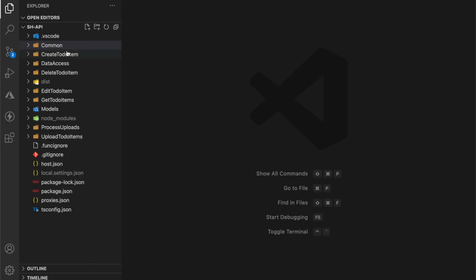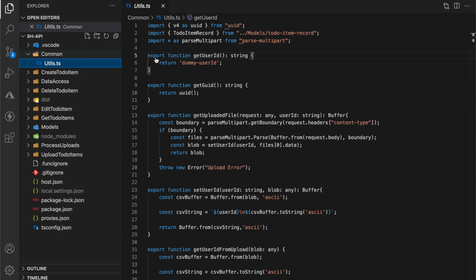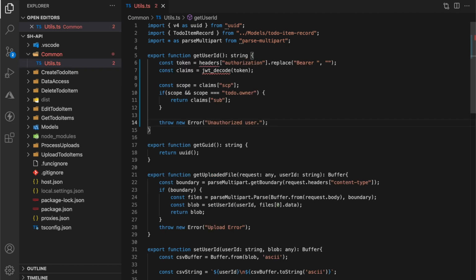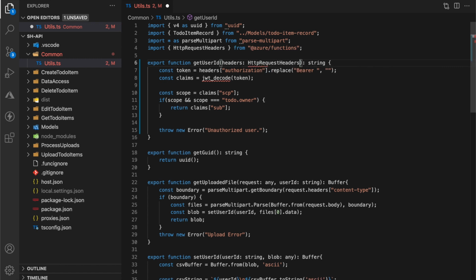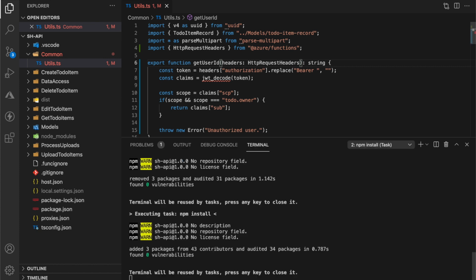Let's update the util function getUserID to return the sub claim from the token. First, we need to decode the token to get the sub value. For this, we need an npm library. Let's install that.